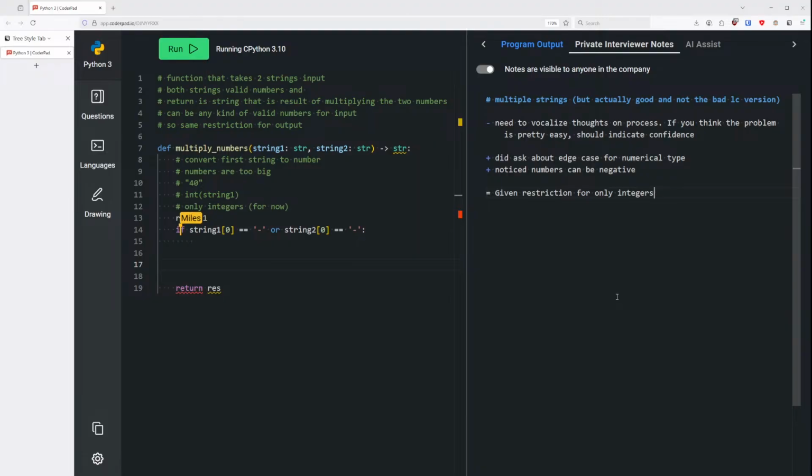I'm going to loop through string 1, and then